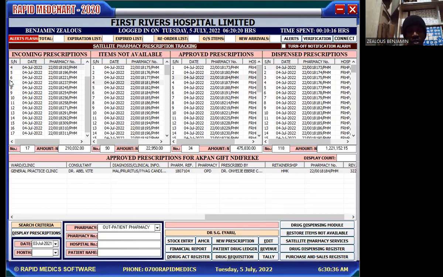But the first thing you need to do is click on view stock. When you click on view stock, all the drugs you currently have in the dispensary will come up. In short, all the drugs in the pharmacy will come up. When these drugs come up,